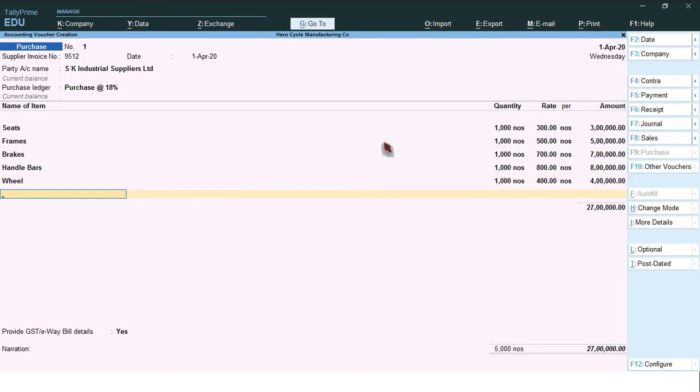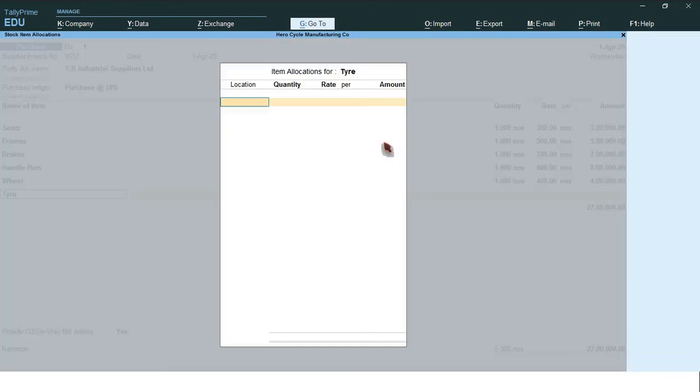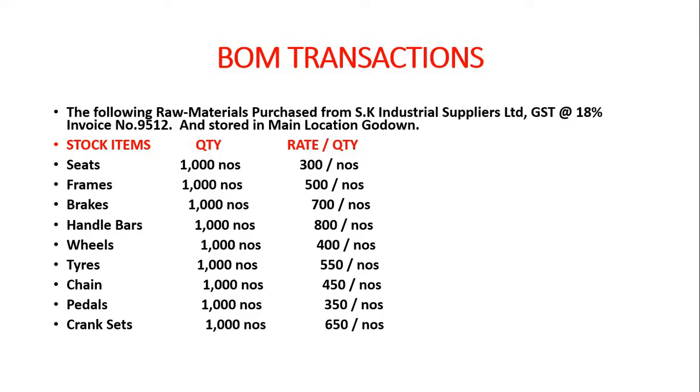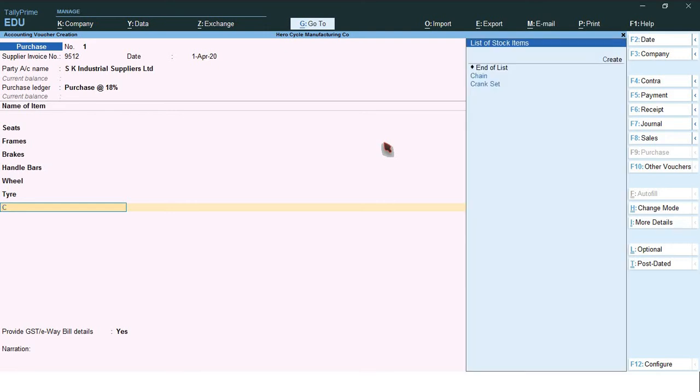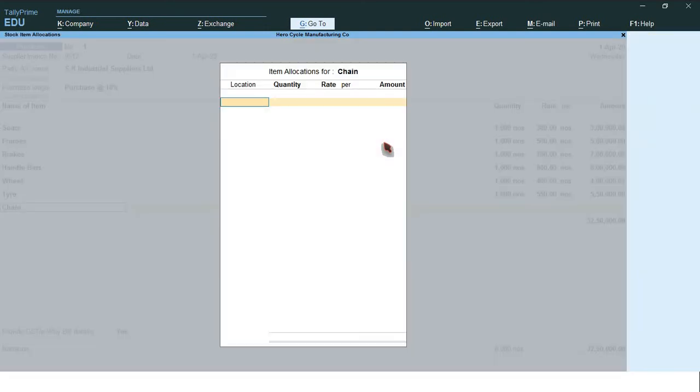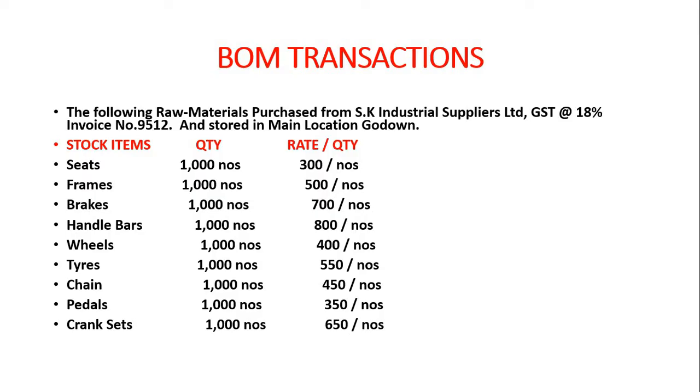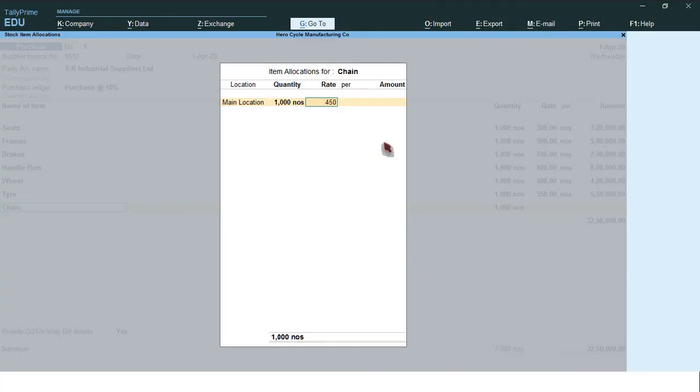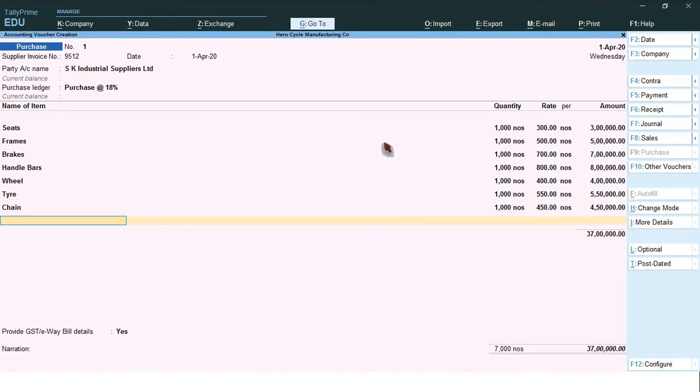Tire. Main location Godown, 1550. Chain. Main location Godown, 1450. Pedals.